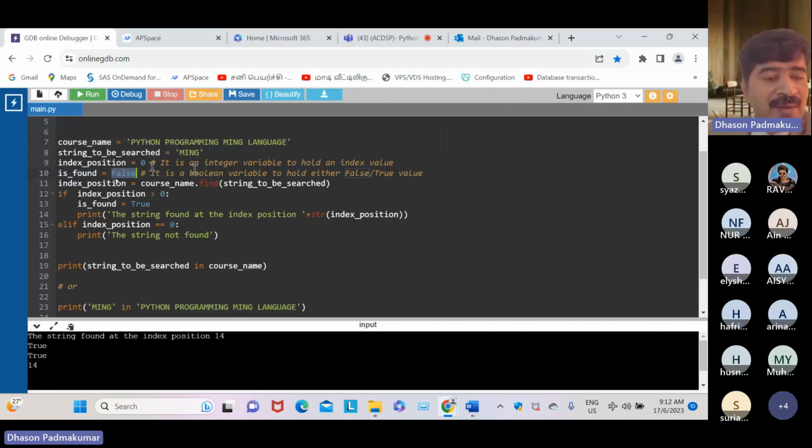See here, we are initializing the variable is_found to false. It means we assume that the string is not found. Let Python tell me whether it is found. So I guess it is not found, meaning false.